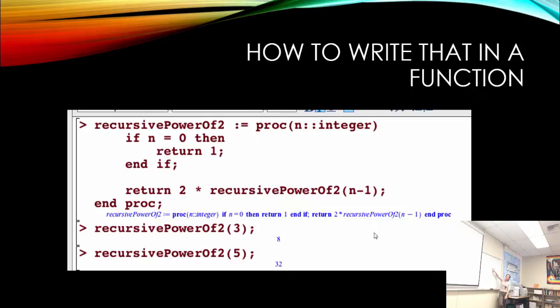I can say 2 times 1 now. And then this guy was waiting, and he's like, oh, okay, I can finish now. I got what I needed. And then this guy's waiting, he says, oh, okay, I can finish now. And then this guy's waiting, oh, I finished. So you move down in your recursive calls, and then as your recursive calls finish, you move back up.